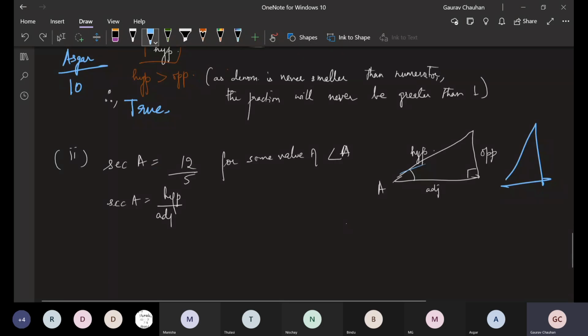So yes, for some value of, see, it's very interesting. It's not using the word always. It's not using never. It's just saying some value of angle A. For some value of angle A, this can be 12, this can be 5. You can make also 12x, 5x, and in terms of x, something will happen. For some value of angle A, yes, it can be. So this is true. Everyone following this so far? Deepak, you're right. Give Deepak 5 here.